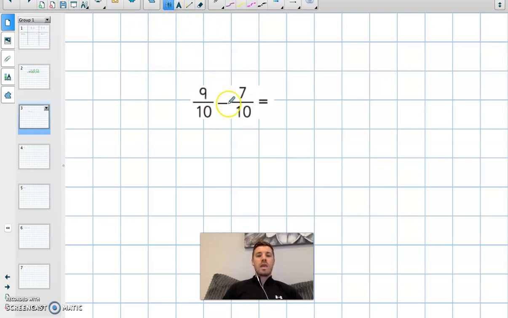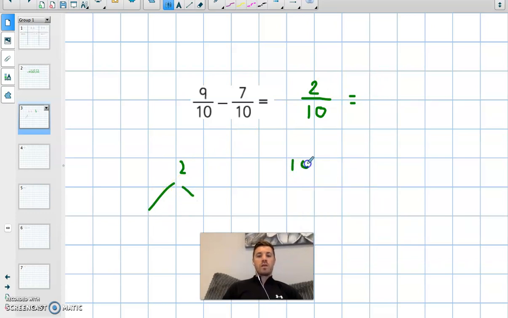Now we can see that these denominators are the same, so we can just go ahead and subtract the 2 fractions from each other. So 9 take away 7 is 2, and the denominator stays the same. We can clearly see that because the numerator and denominator are even, we know that we can definitely simplify this fraction. So if we find the highest common factor of 2 and 10,